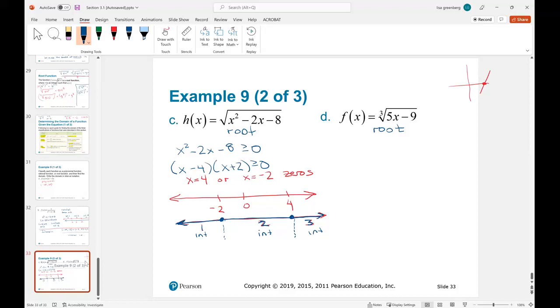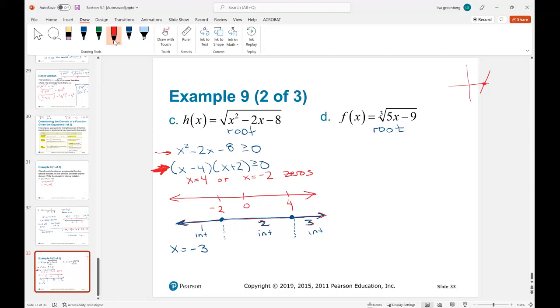So let's look at interval 1. Interval 1 is from -2 all the way down to -infinity. What I want to do is pick, let's say, x equals -3. If x equals -3, you can either go back and plug it in here, but a lot of times it's easier to plug it in here because all I really want to know is whether it's positive or negative. So if I plug -3 into this equation right here,